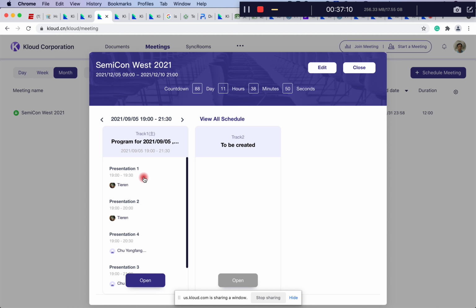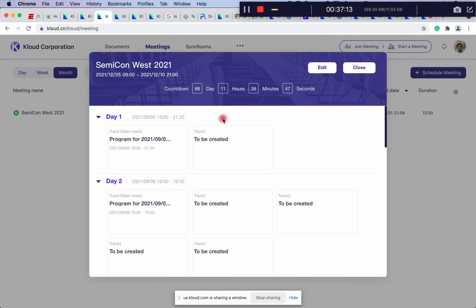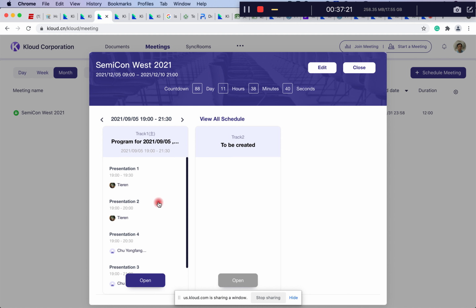So anyway, if you want to view all the schedule, you have many of them. And if you want to view day one, you see the day one schedule. And then the program should not be lost. So Michael, double check, make sure this is the case, because if somebody spends so much time preparing it, please do not lose it. I think I accidentally clicked on not applicable. As a result, the program got deleted. So please do not delete it till I click on